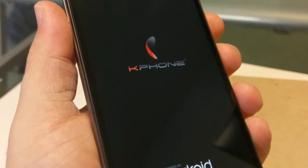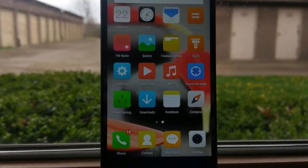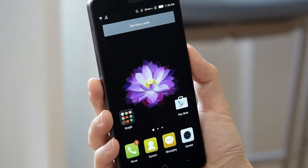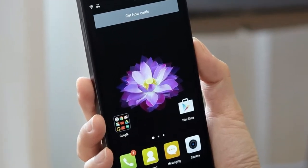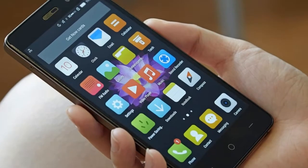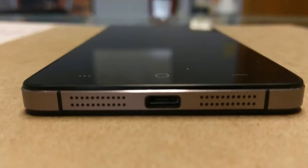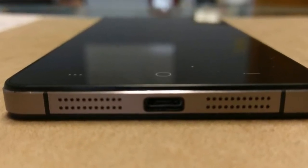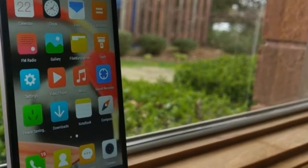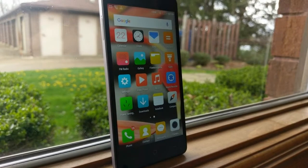Performance. A quad-core Qualcomm Snapdragon 410 processor, like the one inside the K5, won't blow away any benchmark tests. And indeed, its performance on our tests was underwhelming. On Geekbench 3, which measures overall performance, the Kphone K5 notched 1,496, which is well below the average smartphone's score of 3,251. Compare that to a budget phone such as the Moto G,